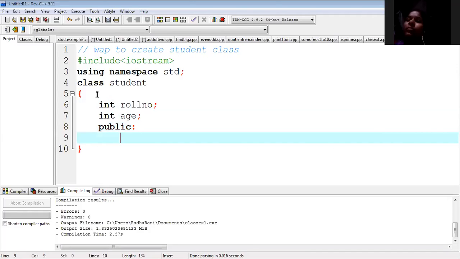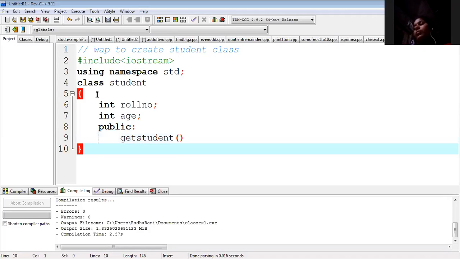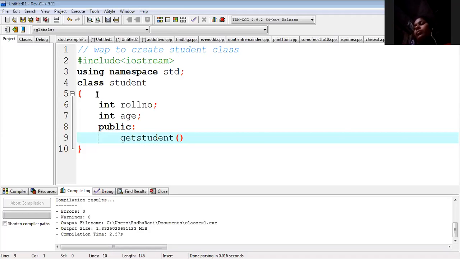Public. Now I am writing get student details. Here I am specifying the return type as void because I am writing a function. I have to write the return type, then the function name. If parameters are there, you can specify them, otherwise you can leave it.